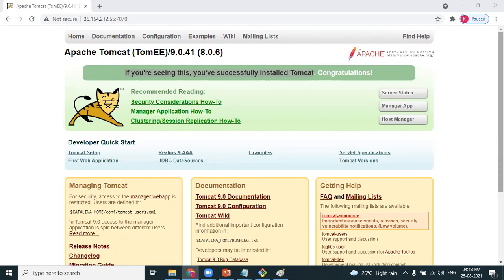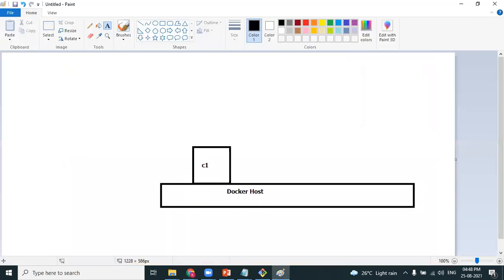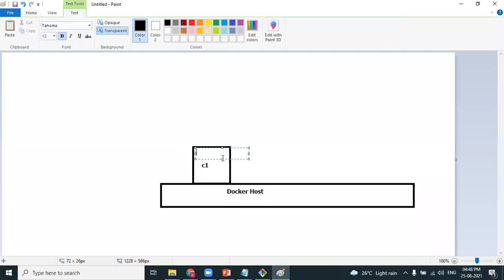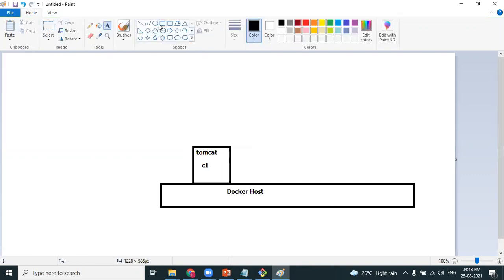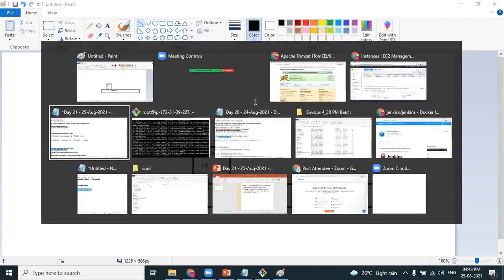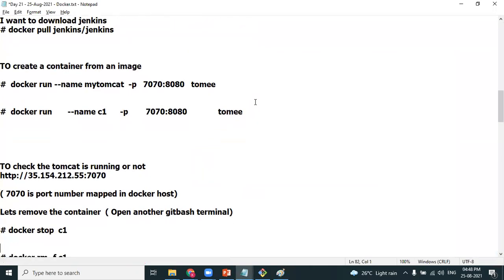Good evening, Sunil. The point is that we are mapping 8080 to 7070. So if there are multiple applications running, each application should be routing towards one single port. Two applications should not go on one port. Yes, you are right. This is what application? Tomcat, which runs on default port number 8080. And we have mapped it to 7070. Your question will be answered in the next example.